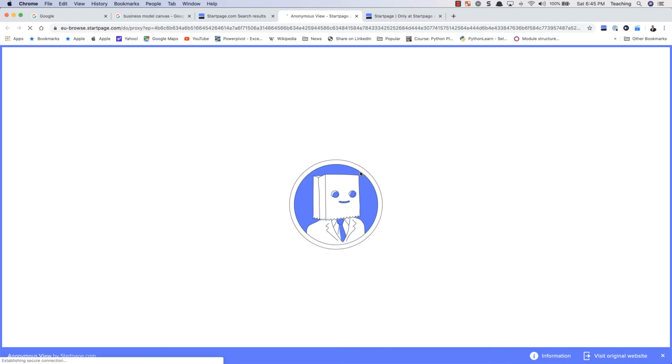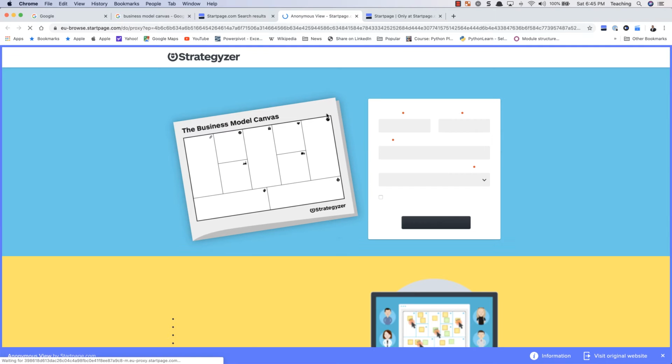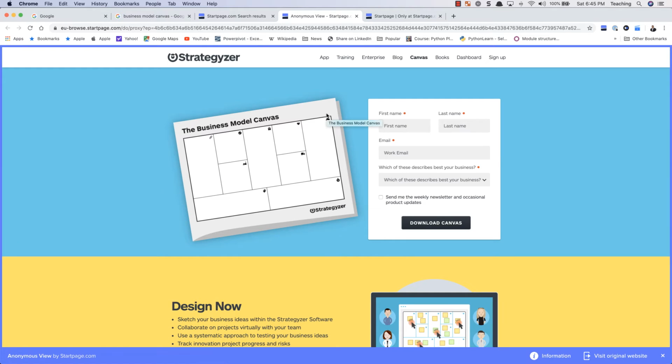What it does is it opens a small blue box around your browser, and if this blue box is there, it means you are now surfing anonymously. Anonymously doesn't mean it's like a VPN, encrypted and all that. The only thing is that your cookies and all that are blocked, and only when required does it take them. Other than that, Facebook or Google or anybody cannot know who is visiting the site.